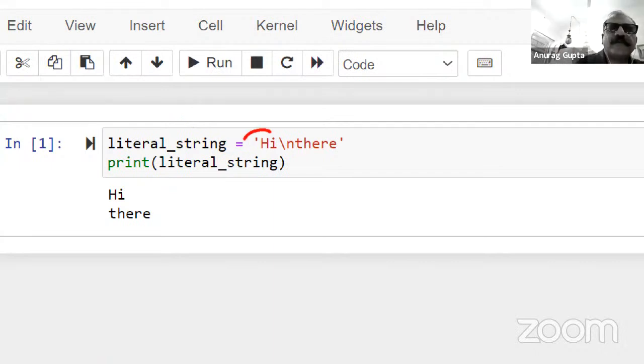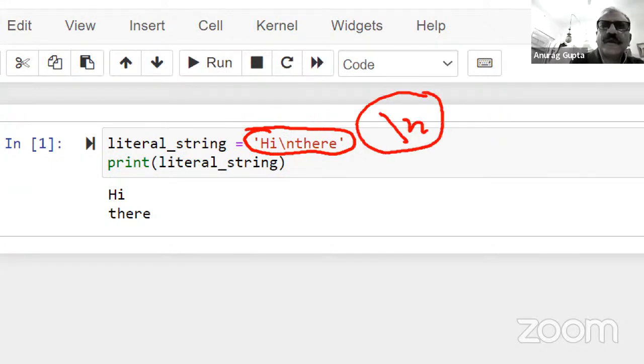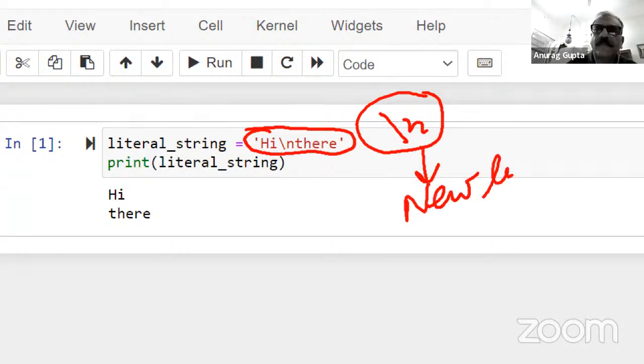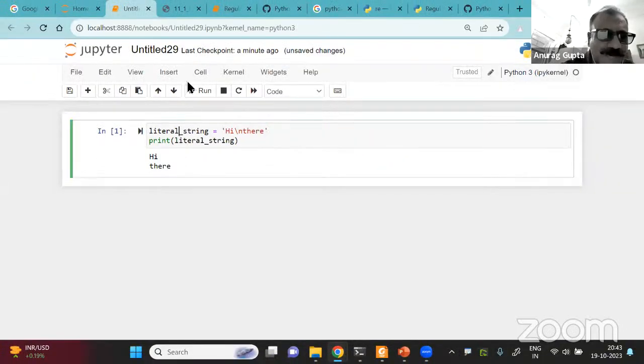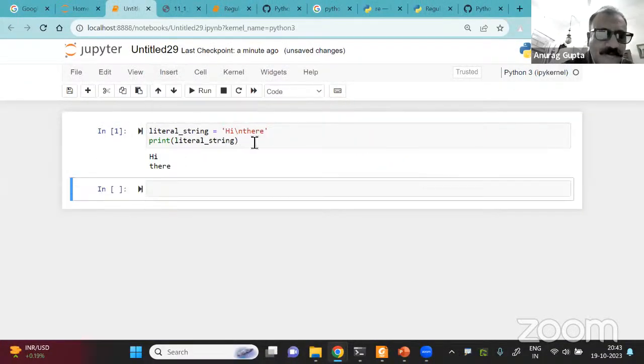Now I have the string, hi there, and there is a \n inside the string. Now the Python interpreter will understand that this \n stands for a new line. That is why it has put the hi and the there in two different lines. It has put a new line after this. But suppose I did the same thing with a